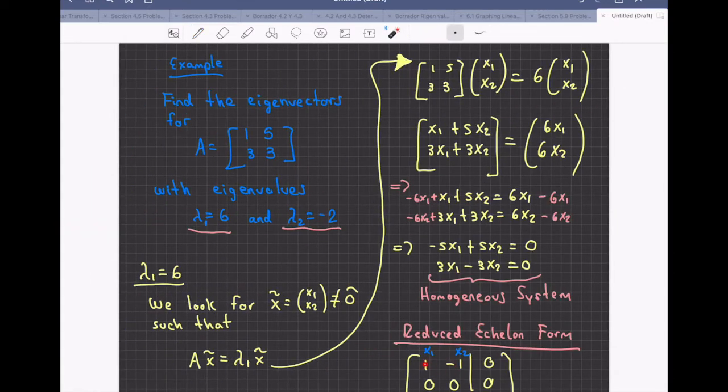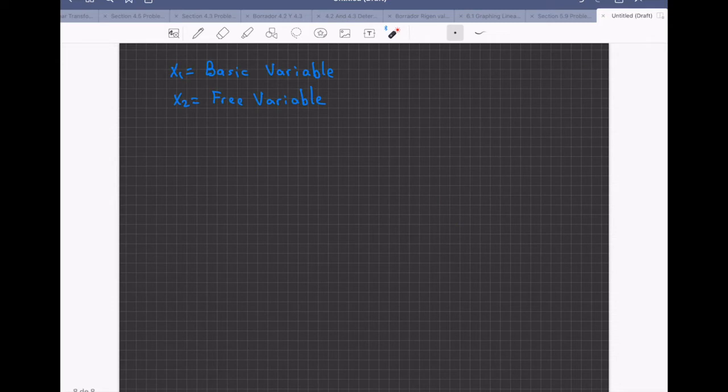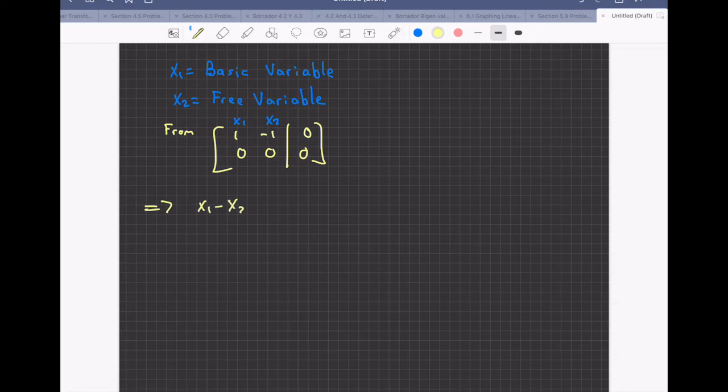From this equation, x1 minus x2 equal to 0. From this matrix, we can obtain back the system of equations. So this is again 1x1 minus x2, x1 minus x2 equal to 0. Remember that we have to express the basic variable in terms of the free variables. In this case, it's very simple. We have x1 is equal to x2. So then the solutions,